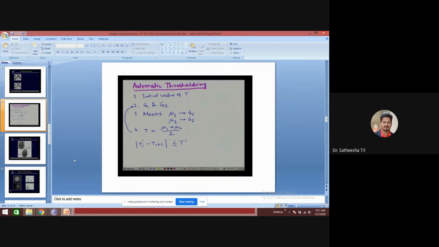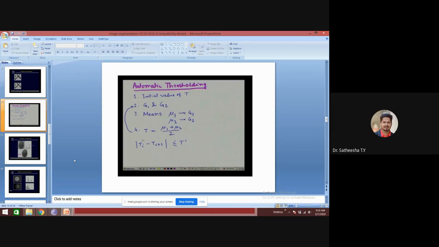Now, once I separate the image intensities into these groups G1 and G2, the next step is to compute the mean or average intensity value mu1 for group G1 and the average intensity value mu2 for group G2.